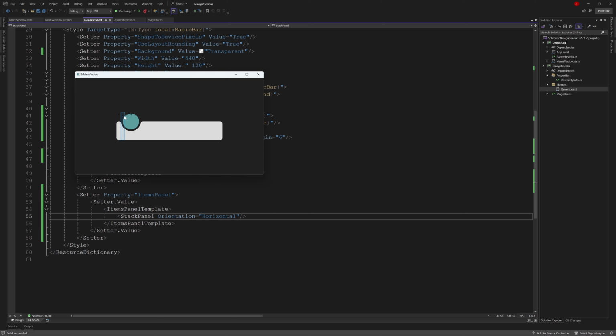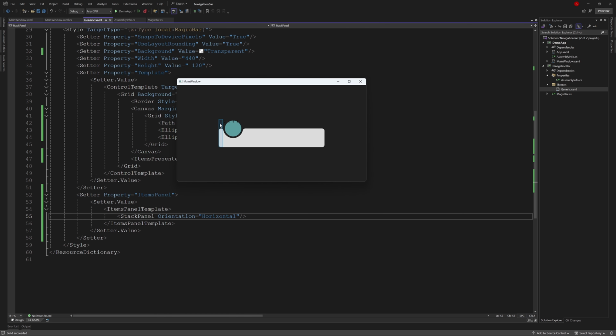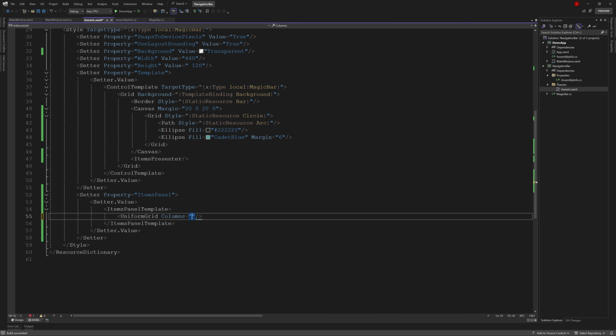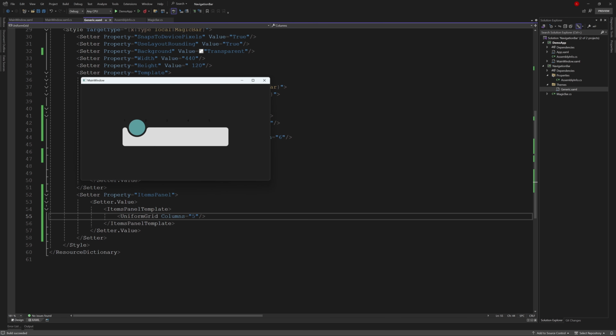However, we want it to be evenly arranged according to the size of the bar, so we need to change it to a uniform grid with 1 row and 5 columns. Then the area of the items presenter should not be fully occupied, but should match the bar at the bottom. So we set the margin of 40 for the top part of the items presenter.